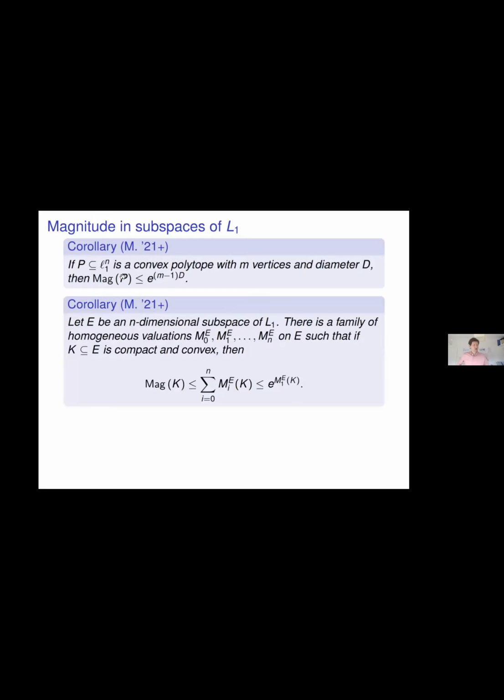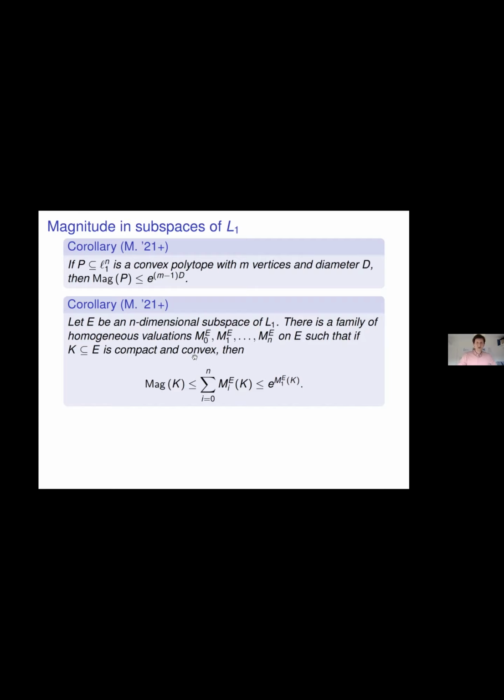Another thing we can do, and this I'm not going to have time to really get into the details of, is if I start with any n-dimensional subspace E of L1, there's a particular family of homogeneous valuations on E, and part of what's hidden in here is that the way they depend on E is nice in various ways, and in particular, it plays nicely with isometries. So this only depends on E up to isometry,